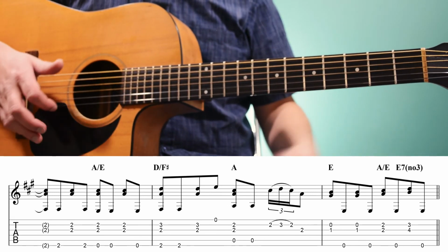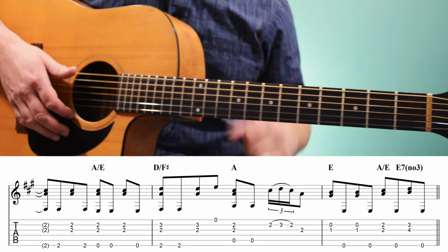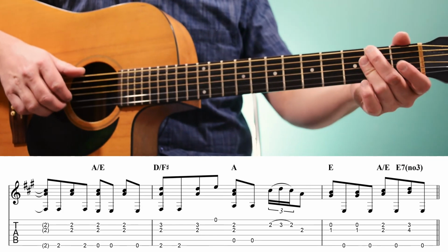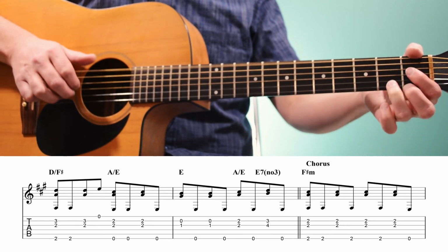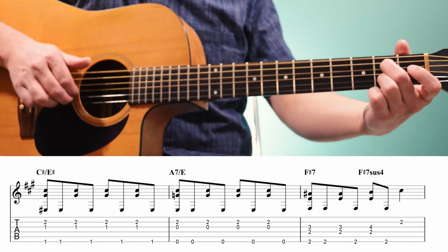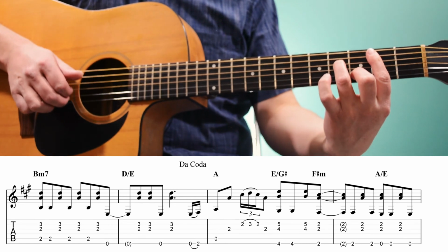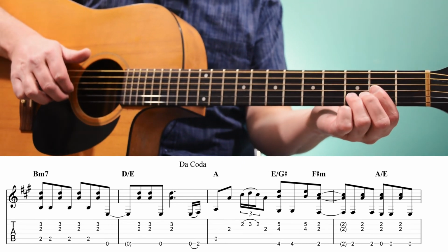Alright, then we go back to our chorus. We repeat the verse again, repeat the chorus again. And then after we play the chorus the last time, so we start with the chorus, F sharp minor, C sharp over E sharp, A7 over E, F sharp 7 sus, B minor 7, then that D over E,